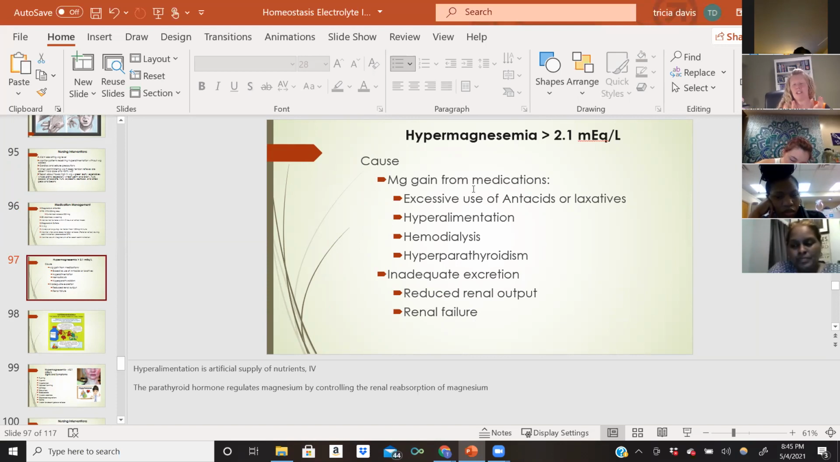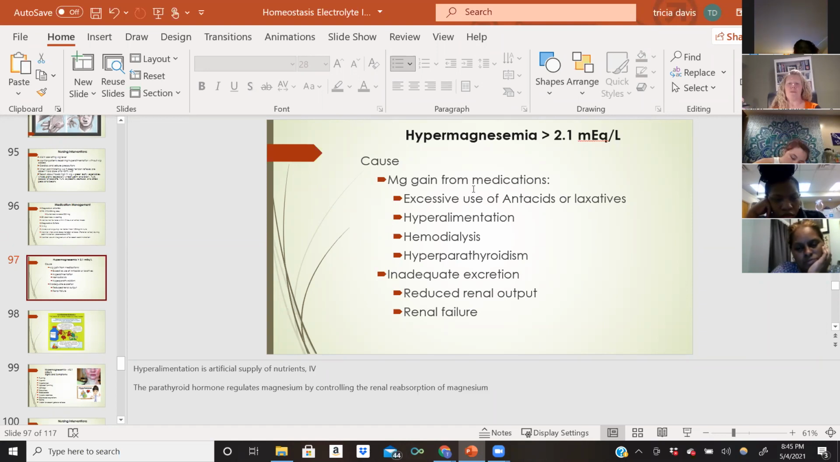Hyperalimentation is just artificial supply of nutrients. We usually do this for patients who suffer from alcoholism. It prevents them from being able to absorb certain vitamins. So they get a lot of what we call banana bags, which are these yellow bags of IV fluids filled with all these vitamins. So sometimes it comes from that. Hemodialysis,